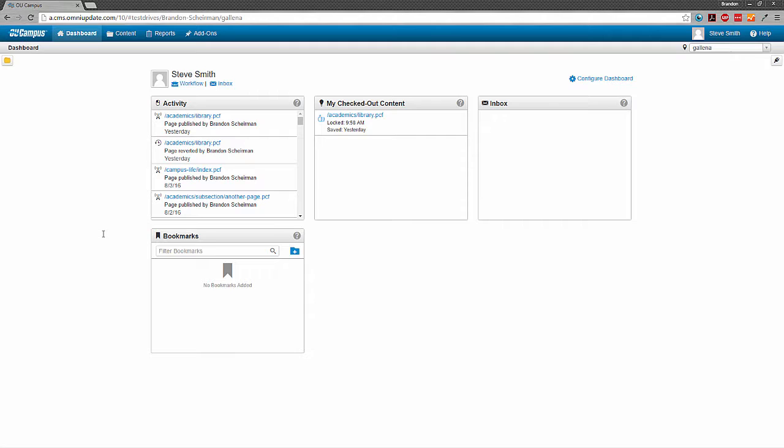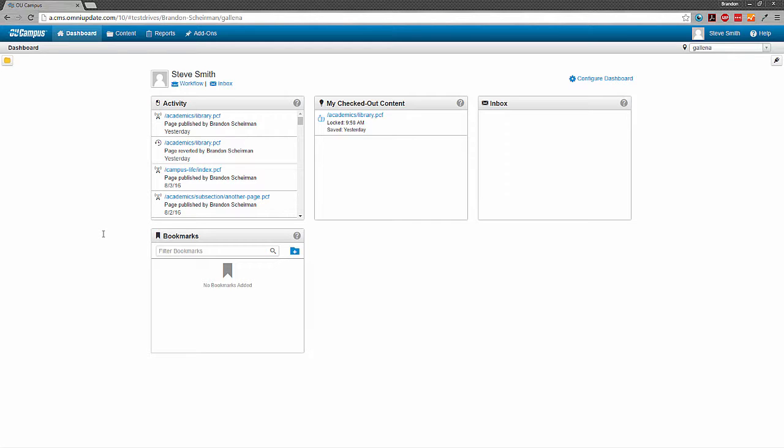First of all, I could have just clicked the link in the message that was sent to our email account. That email typically contains your message and a link pointing to the page in question. But say I didn't do that and I'm already in OU Campus just like I am now. I can find the page pretty easily in a few different ways.